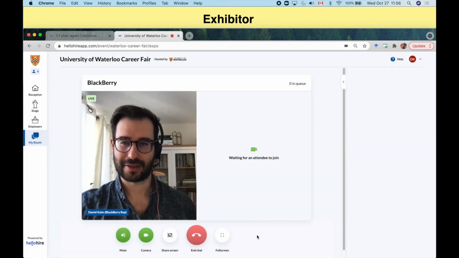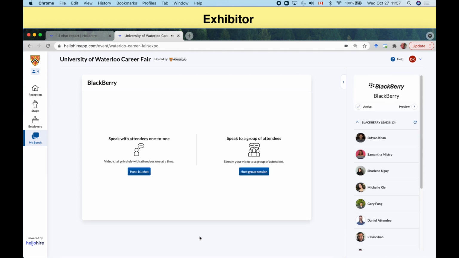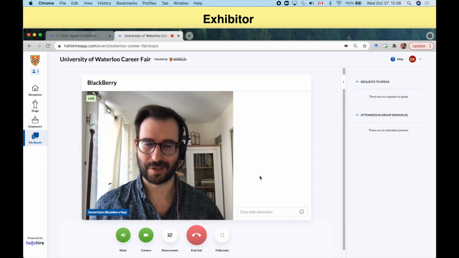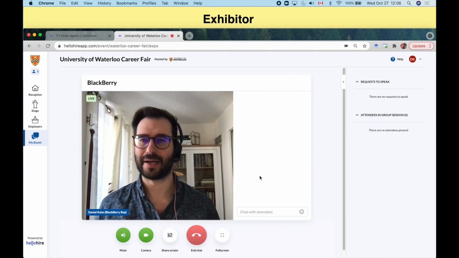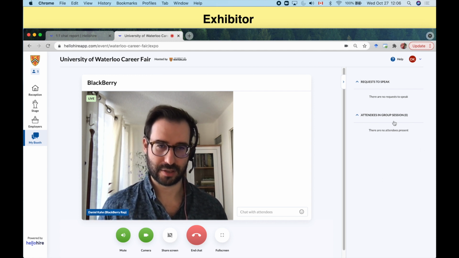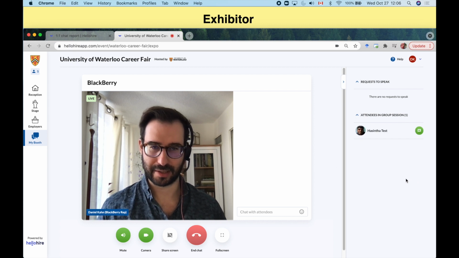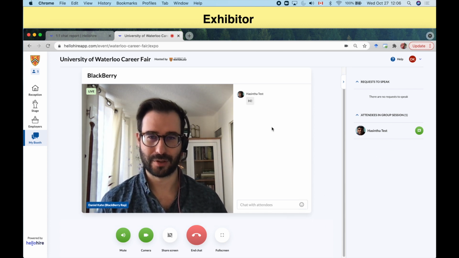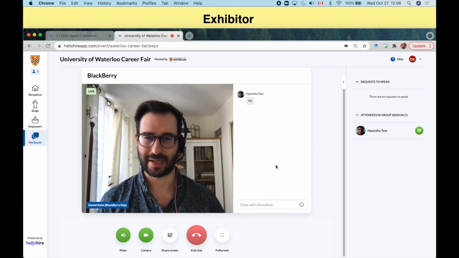Let's have a look at the group session. We'll use End Chat to make ourselves unavailable for further one-on-one chats. Let's click on Host Group Session. In the group session, you're immediately broadcasting to anybody who joins your group session space. You'll be able to see if you have an audience here on the right and everybody who is in your audience. Jacinta has now joined our group conversation and can see and hear us presenting information, and he will be able to participate by asking questions over text on the right.